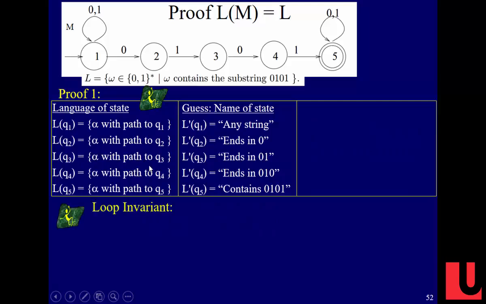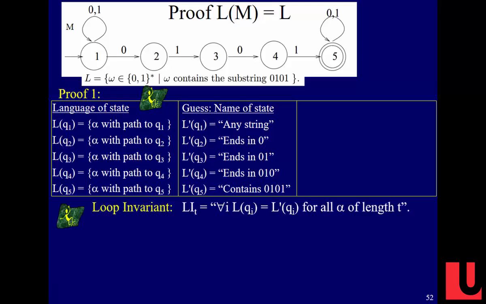So what's our loop invariant? We need a loop invariant. We're at the top of the loop, and what's going to be true? Our loop invariant at time t is, I guess, that for every state, these two sets